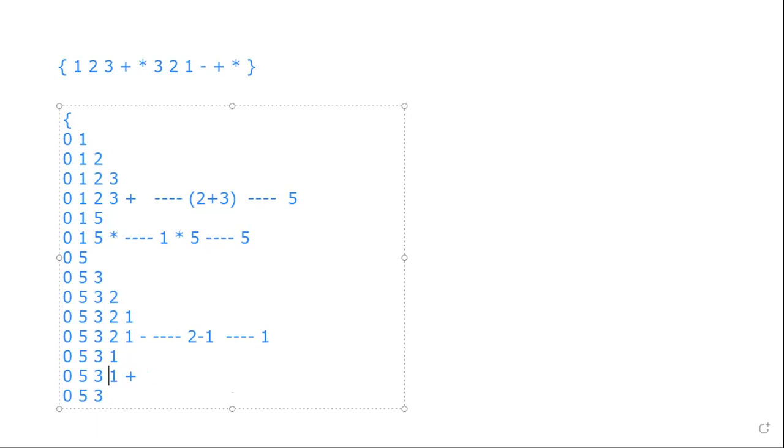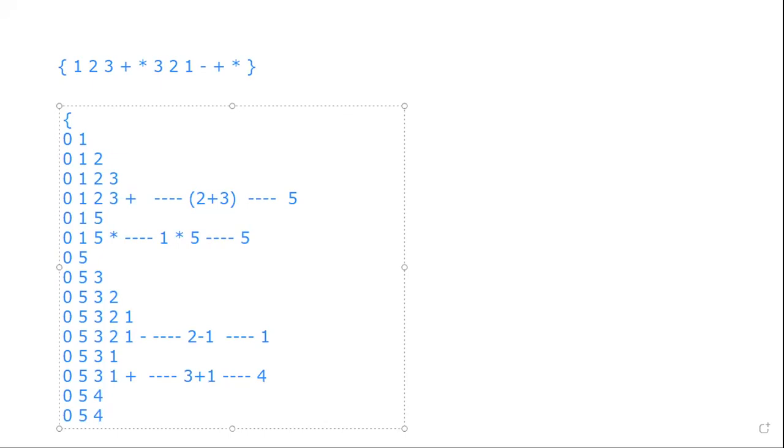So here we are getting the value 3 plus 1. Okay, now the value is 4. So in the place of 3 and 1 plus, we are getting the value 4 here. Okay, 0 space 5 space 4.